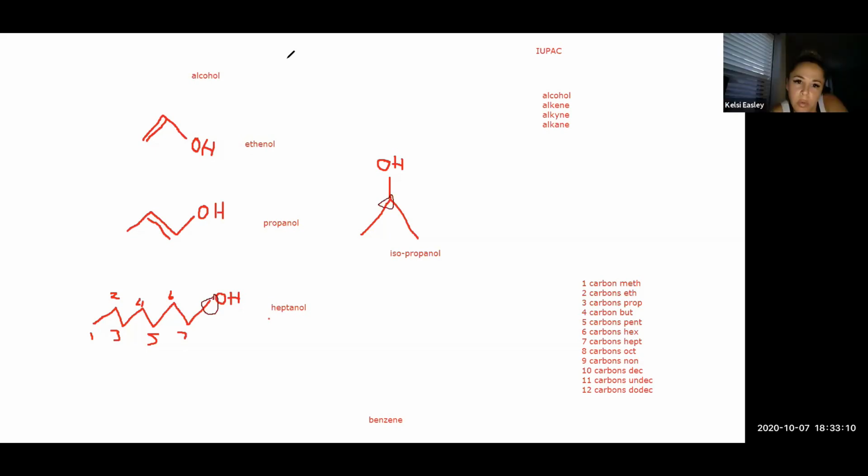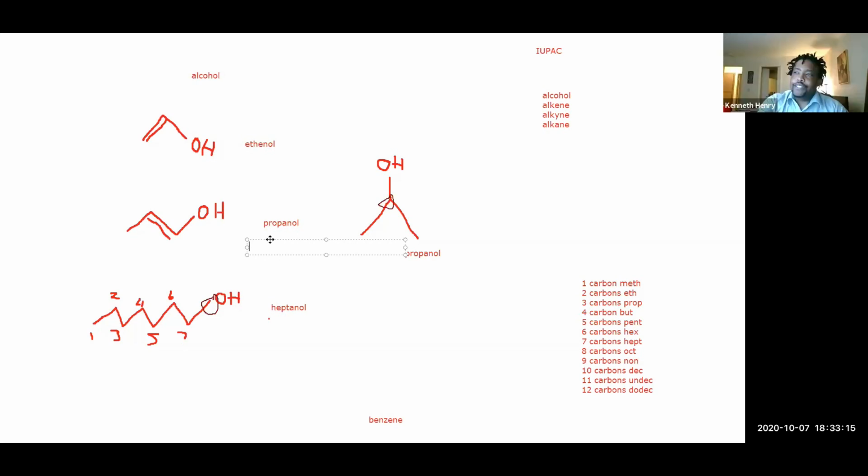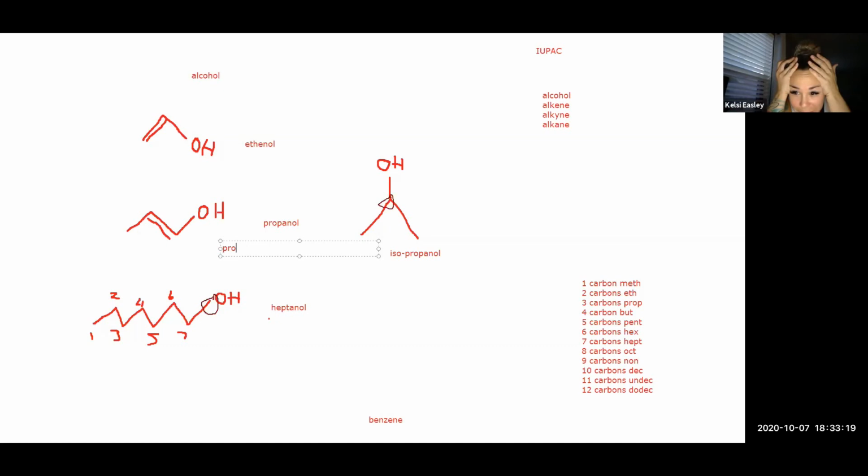It would be pro... 1, 2, 3. Yeah, he's gonna hate this. It's gonna mess us up. This one doesn't matter because I guess you could have two. So it would be 1, dash,